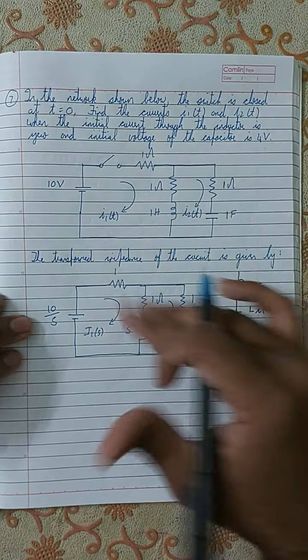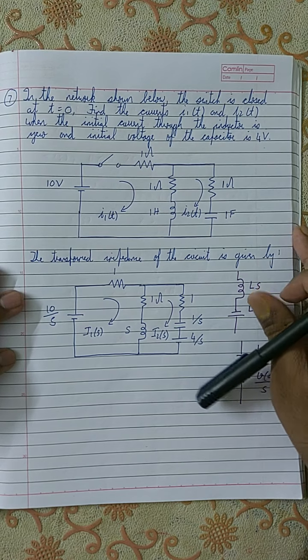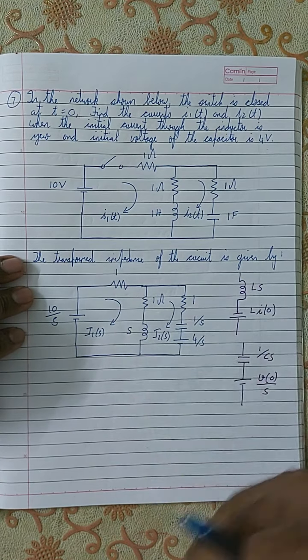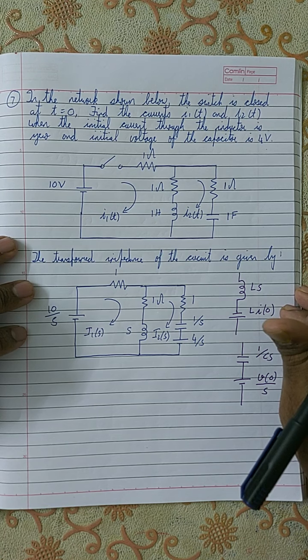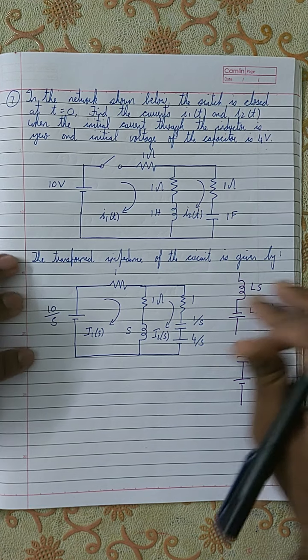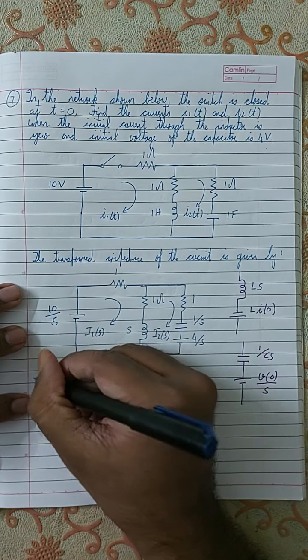So now this is nothing. From here, it is nothing but your basic mesh analysis equation. All you need to do is simply apply mesh analysis and try to find the value of I1 of s and I2 of s, and then you find the inverse using partial fraction. So here, let's write the equation applying